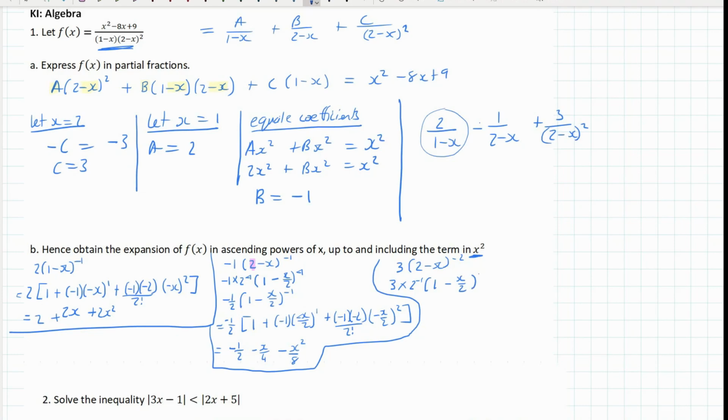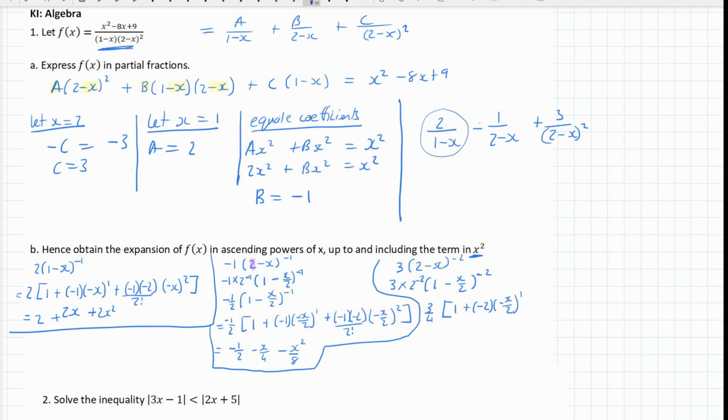to the power of, oh, and it shouldn't be to the power of negative 1 this time because there's negative 2 on the outside, so that 2 should be to the negative 2. And then we've got a negative 2 here. So 3 times 2 to the negative 2 is 3/4. And then I'm going to expand this bracket. So I get 1 plus negative 2 is my power, and I'm going to multiply that by the negative x over 2